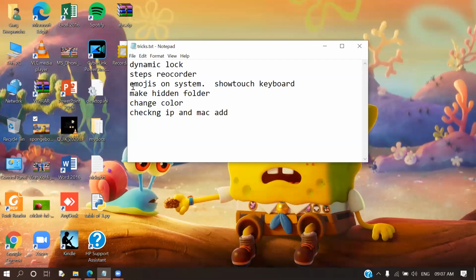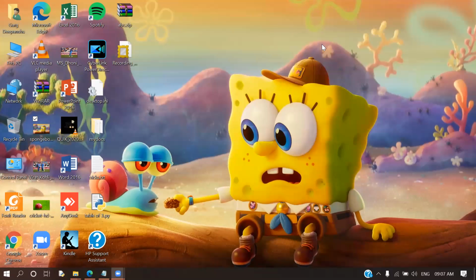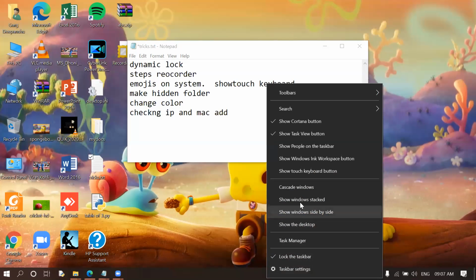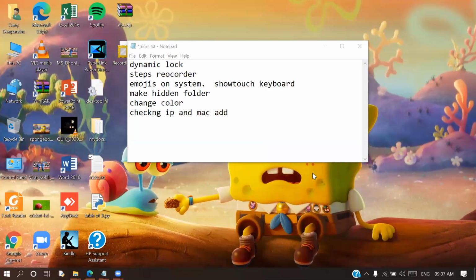Next, we have emojis on the system, right? In your mobile phone, you can use emojis. But what if I am making a notepad file here, fine, and I want to use some emojis here, but there is no feature of finding or writing the emojis. Again, the next important, I mean, not important actually. So what you need to do is just right click on the taskbar, and then there is an option, show touch keyboard button. Just enable this. As soon as you enable this option, this keyboard will be enabled in your taskbar.